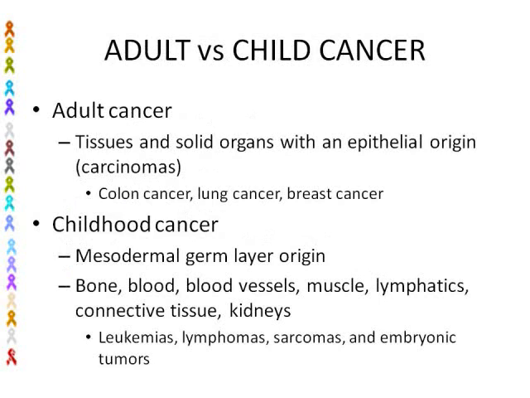Adult versus child cancer. Adult cancer is usually in the tissues and solid organs, and the ones that have an epithelial origin. And so we'll see things like colon cancer, lung cancer, breast cancer, prostate cancer, all those things. Whereas childhood cancer develops from a different layer of the body. It comes from the mesoderm. So with kids we see bone cancer, cancer of the blood and blood vessels, muscles, lymphatics, connective tissues, and kidneys. We'll see leukemias, lymphomas, sarcomas,